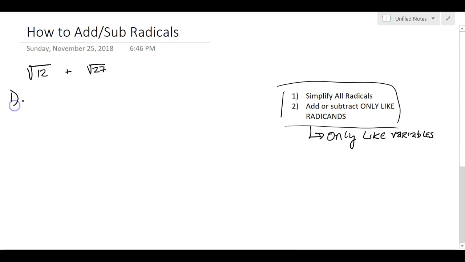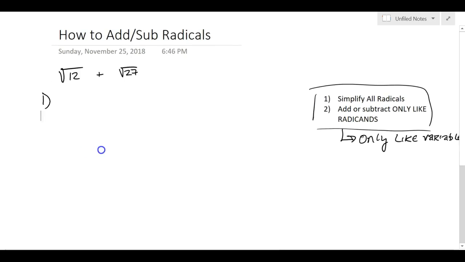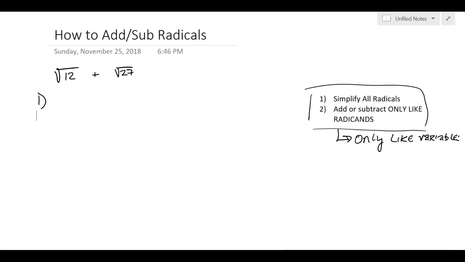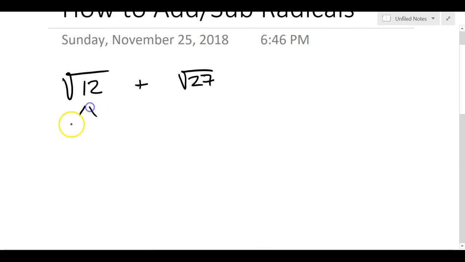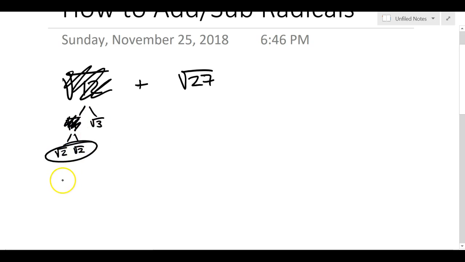So step 1, simplify all radicals. Well, 12 is not simplified. I'm going to break that into 4 and 3. 4 breaks into 2 and 2. Group 4, a pair of 2's, nothing for the 3, so that leaves me with 2 radical 3